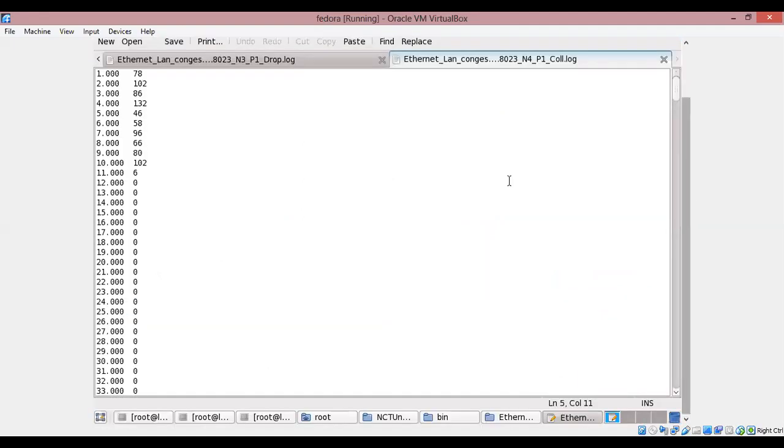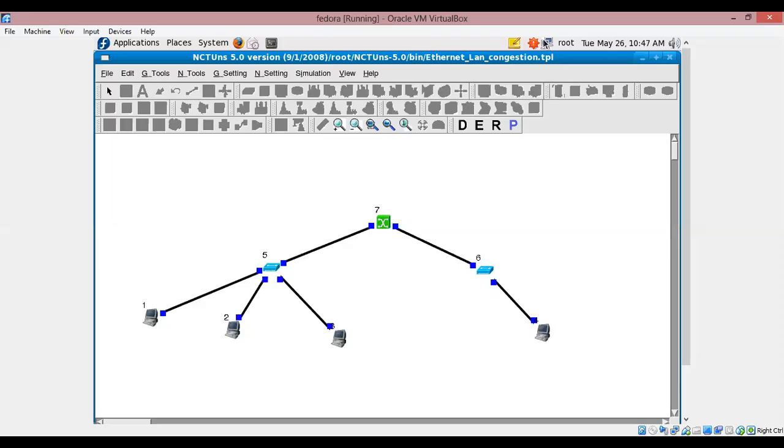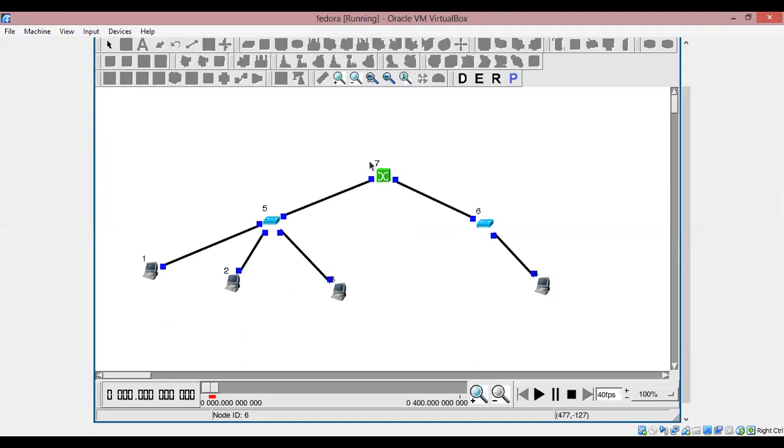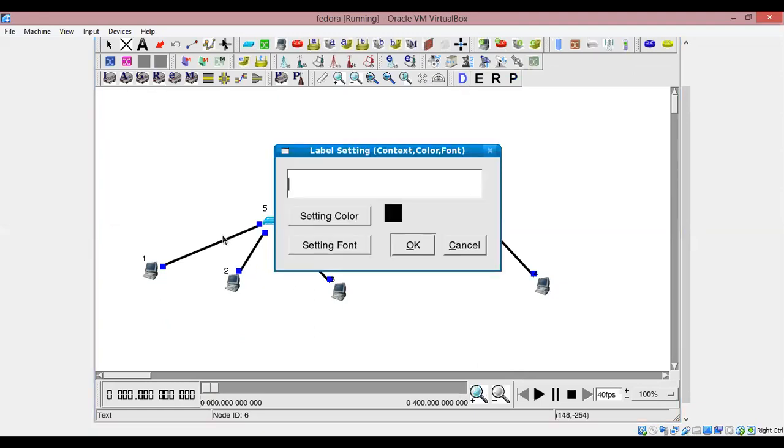Something has happened. The window was closed, so I've reopened it. The bandwidth in this is 10. Here the bandwidth is 10, here it is 9, and in sender 3 the bandwidth is kept as 8.